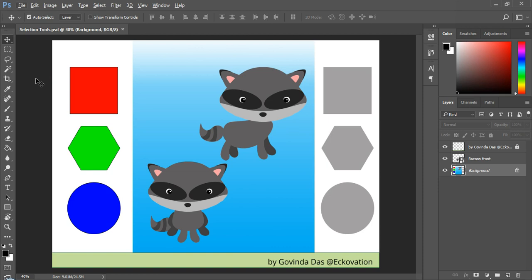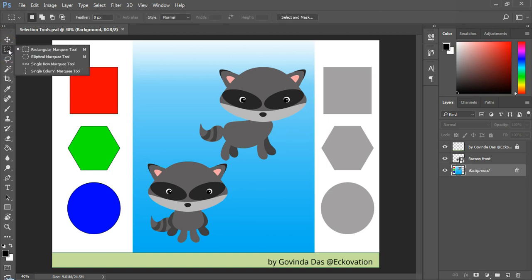Now before we begin, open the PSD file I have provided in the description so you can do some experiments and repeat what we are learning in the videos. Now look at the second tool from the top in the toolbar. If you have never touched that tool, then the icon should look like a dashed rectangle. Mouse over and hold, and you will see the name marquee tool. Right click and you will see the list of other tools similar to the rectangular marquee tool. For now, select the rectangular marquee tool.